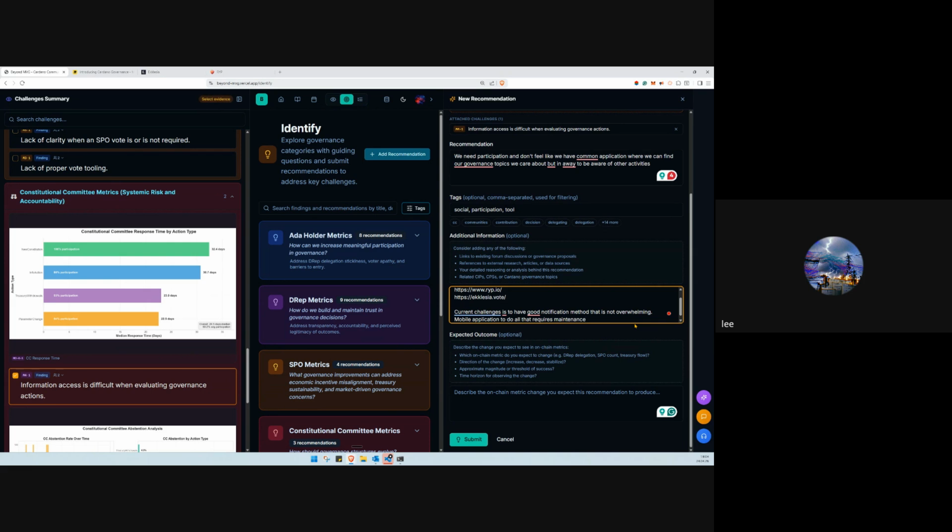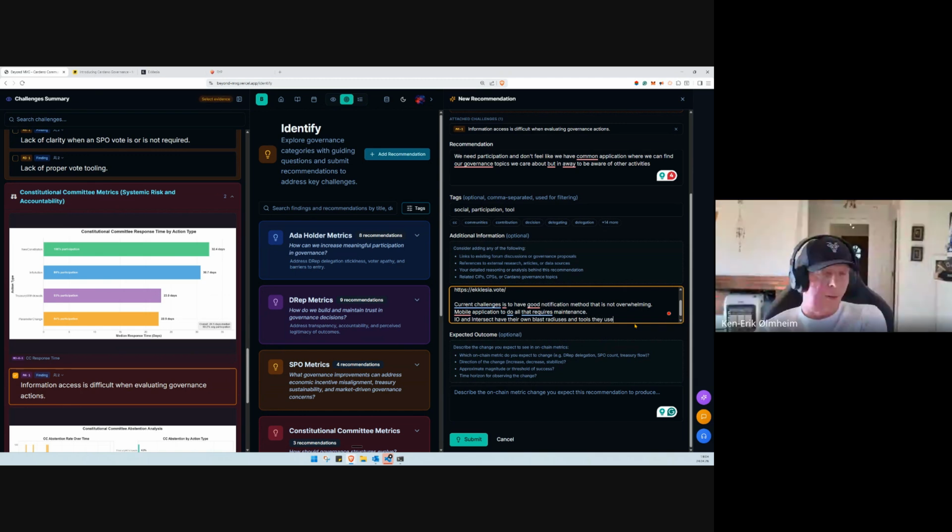Okay, isn't that what Intersect's for, though, Adam? Isn't that their exact role? Well, yeah, but they already send an email blast with updates about governance actions. They have a channel in the Discord. So I think those resources are there. It's probably just not advertised well enough, maybe. Yeah, and they also have the newsletter, which has a section that usually covers all governance action and governance related stuff.